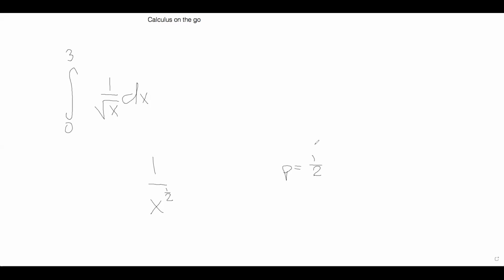And recall that whenever p is less than or equal to 1, it diverges. This definitely diverges. So that means we can't take the integral in the traditional sense, the way we're used to doing it. This diverges, so we actually can't integrate this at all. Just a quick way to tell if we can actually integrate it before we spend a lot of time working on something that we can't integrate. So this diverges, so we can't integrate it. Let's try another one, shall we? Let's try